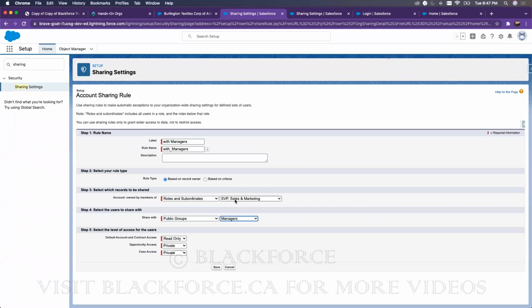I'm sharing this with the public group called managers. And I have already put the test user in managers. Then I can specify what access I'm giving to the sharing. I save,